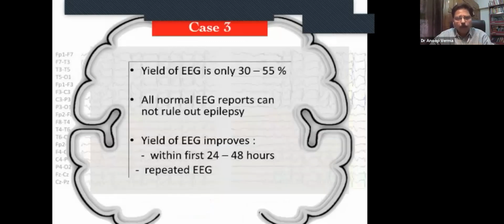So it is very important that this patient was having seizures 3-4 times. A febrile episode was there, and though the EEG was normal, we would definitely like to repeat the EEG because this history favors the chances of epilepsy. Afebrile episodes several times a day, GTCS, definitely some sort of epileptic seizure must be there, and a repeat EEG is considered. So a normal EEG report cannot rule out epilepsy. That is a very important thing. The yield of the EEG improves within 24 to 48 hours, and a repeat EEG has a definite chance of a higher pickup rate of epileptiform activities.